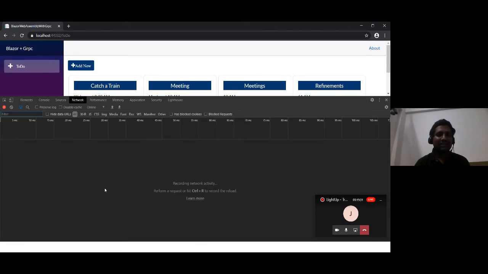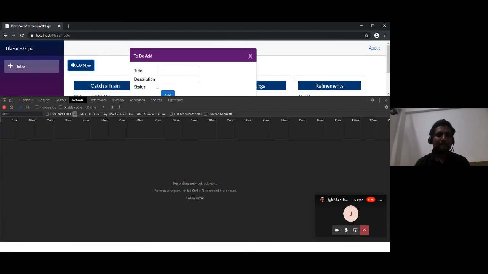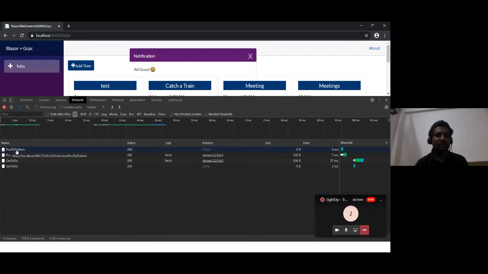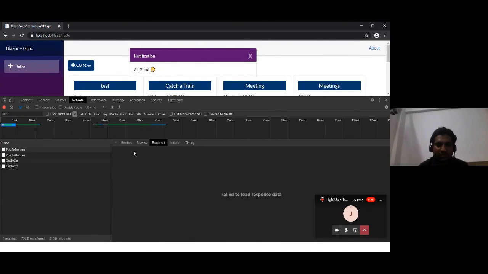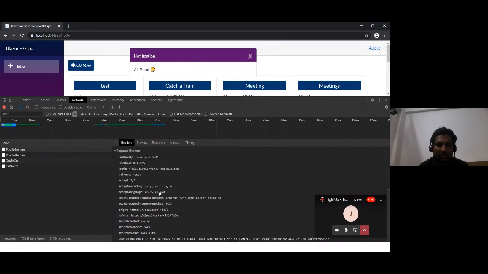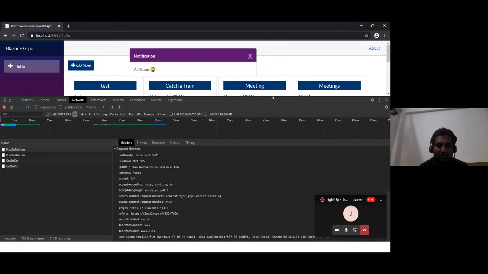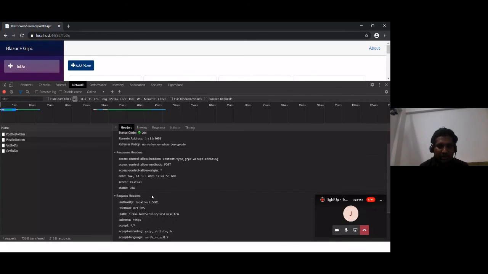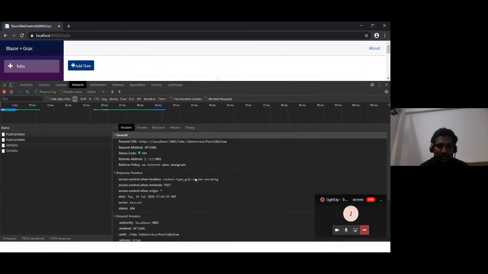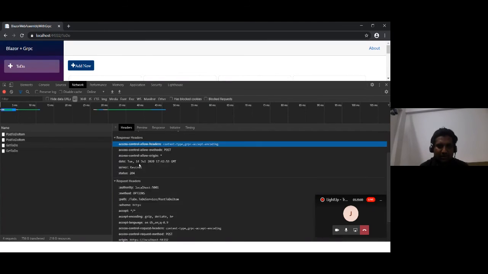If you just analyze some network calls with this, like test and active, here you can see that this call... okay, the content type header.